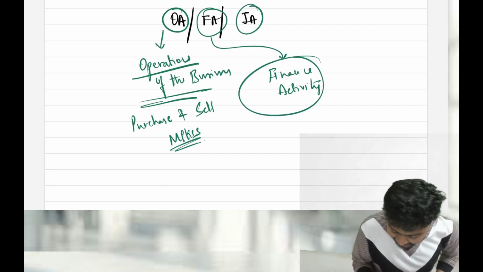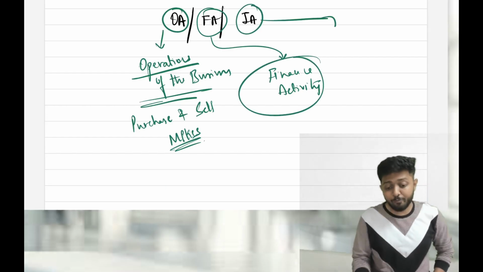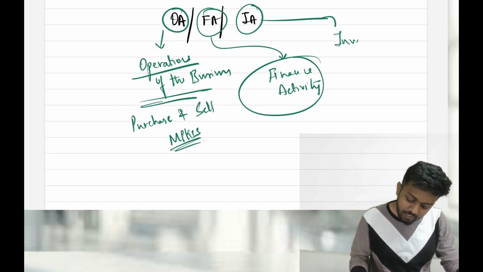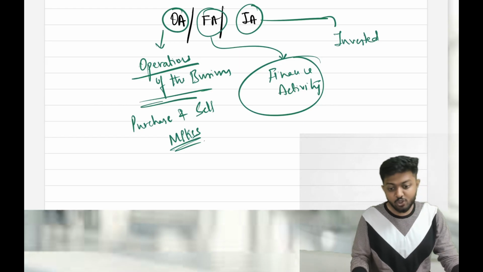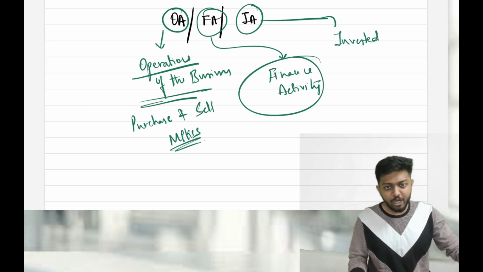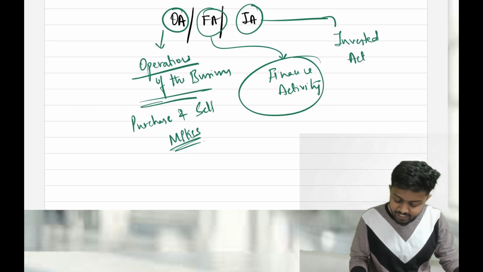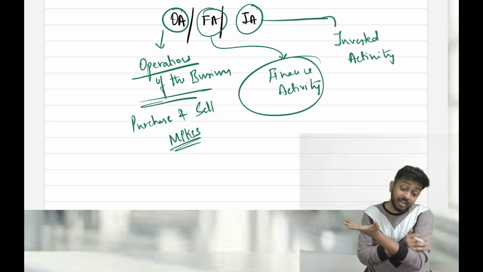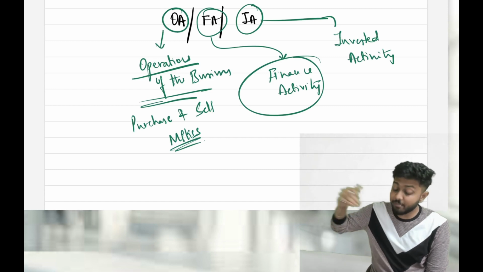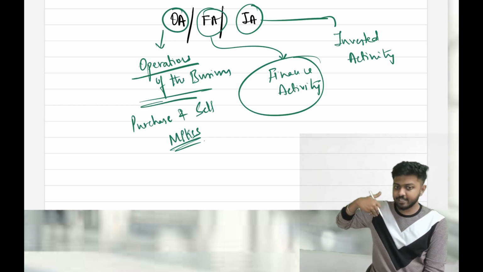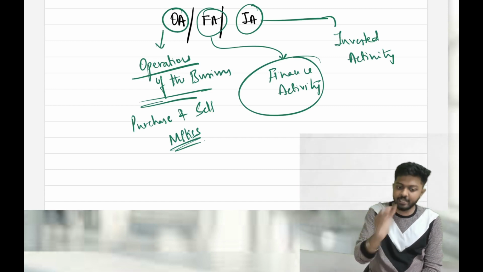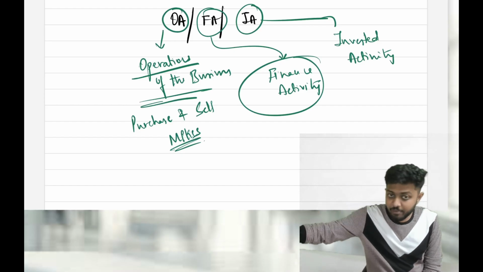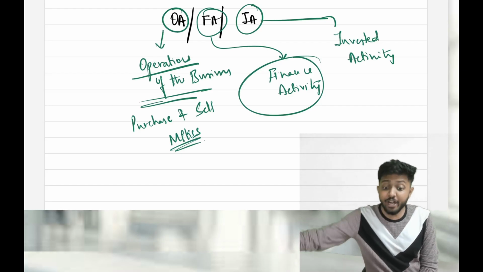Then what is investing activity? Now any company, if they are earning good profits, will have excess money, and that excess money will be invested somewhere. Whatever you spend to invest that excess money will be considered as investing activity. I invested in equity shares of some other company. I invested in debentures of some other company. I got interest. That's an investing activity. I invested in equity shares of some company, investing activity. I got dividend from it.